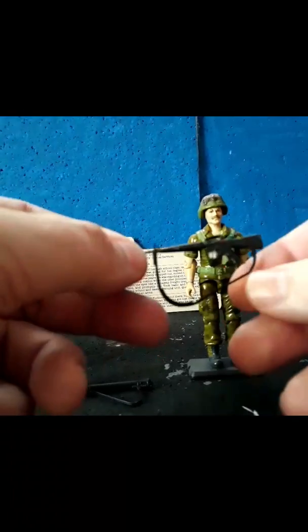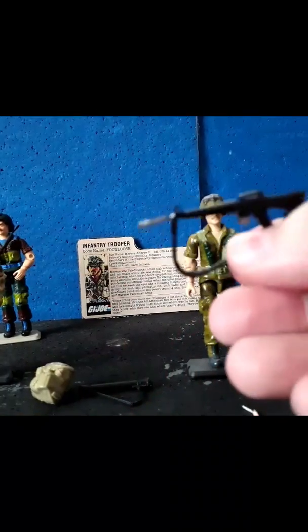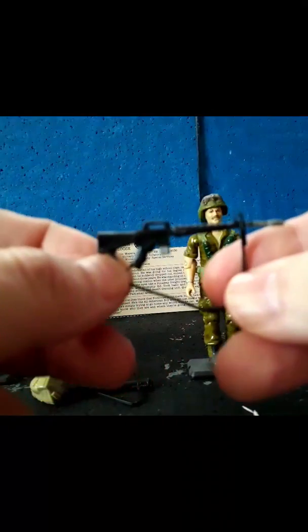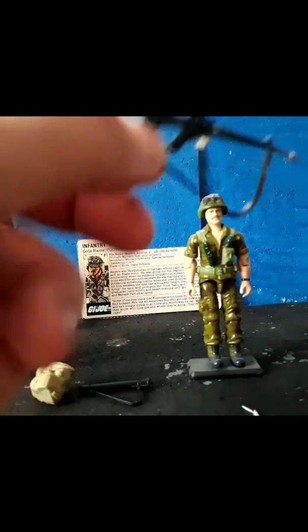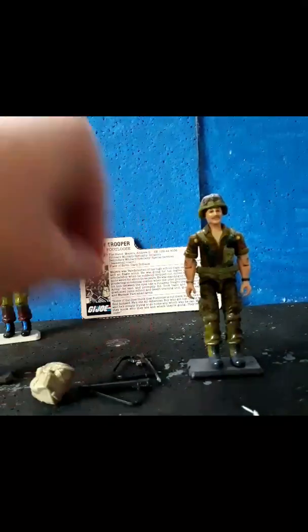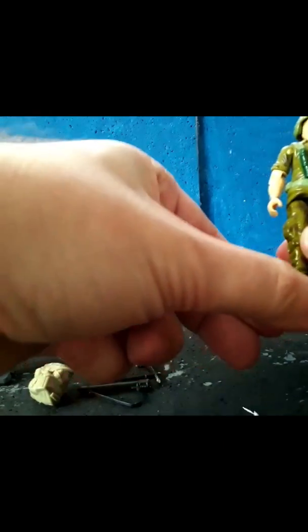And he came with an M16 with a shoulder strap, which I like. The original owner did his own customizing on this. That used to irritate the heck out of me as a kid when other kids would take their toys and customize them. I saw it as ruining the toy. But these days, I'm starting to customize. I'm not ruining the only one toy that I have. I customize ones that I have a multiple of. So, taking a look